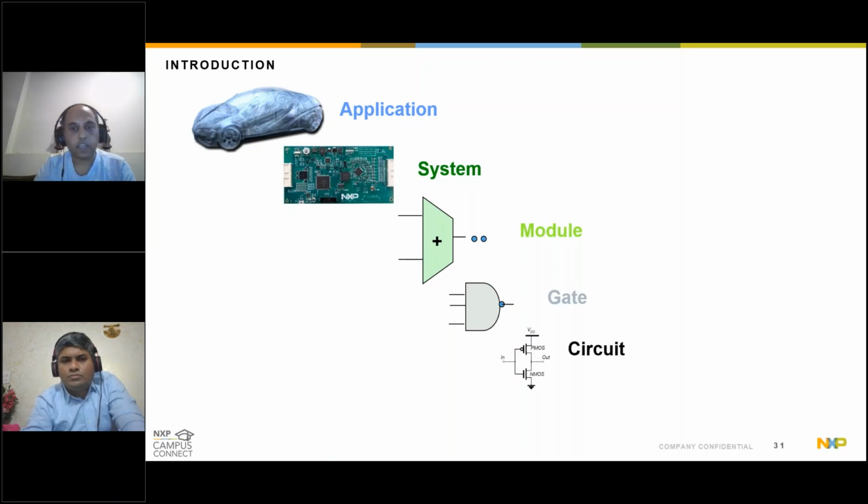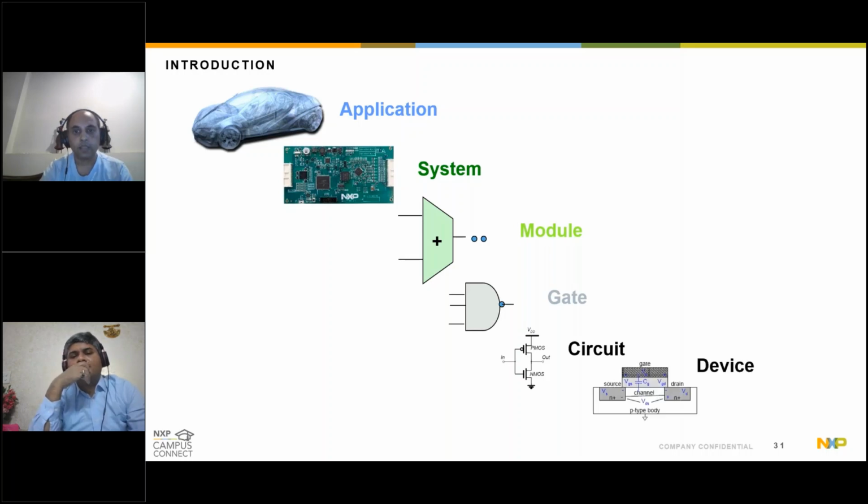And if you go one level deep, the gate will ultimately be represented by some transistor level circuits, depending again on the application. It could be CMOS or some other technology. So for this illustration, we have shown a CMOS kind of circuit topology. And at the end of the day, this circuit will get realized on the silicon as a device in the fabrication process,